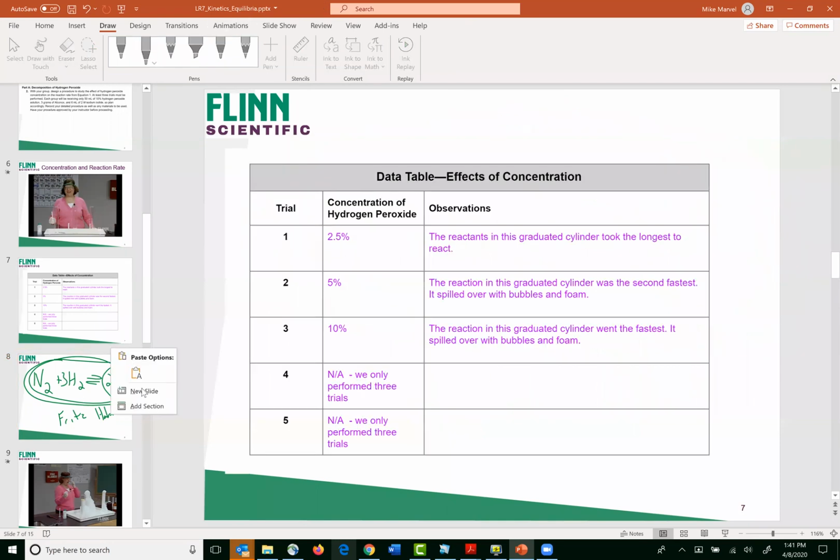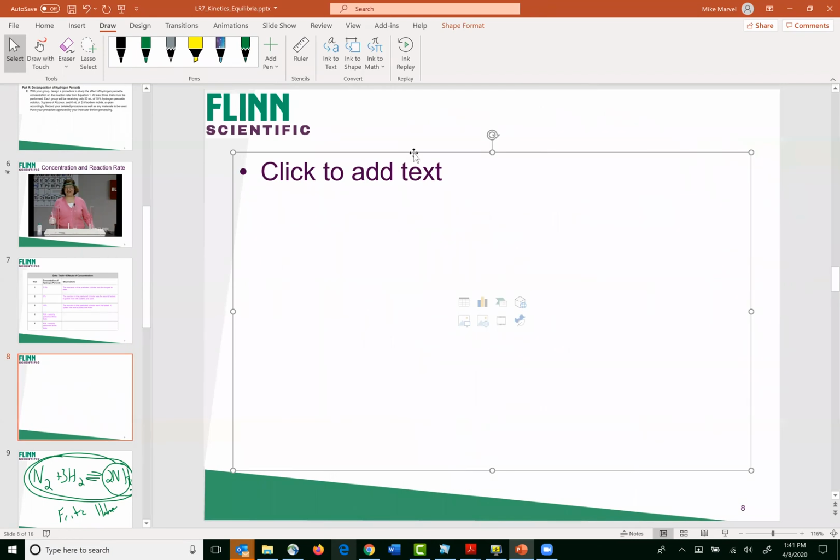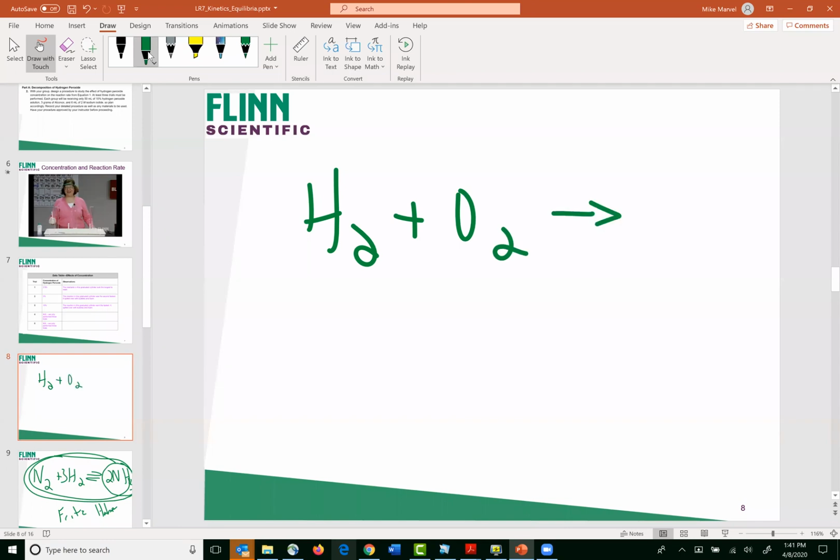So when you see the two arrows, I think people get the sense it's a little abstract, but if we look at something like H2 plus O2, and I draw a single arrow, that means this reaction proceeds only in one direction, okay? It doesn't go to the right and to the left. It goes to completion in one direction, whereas two arrows denote that the reaction can proceed in the forward direction